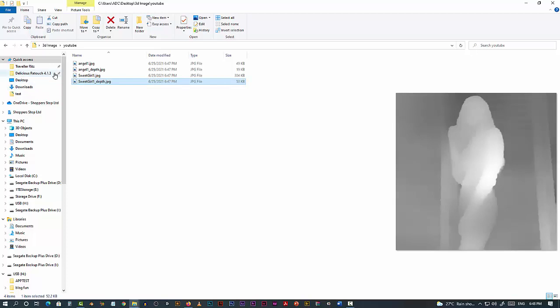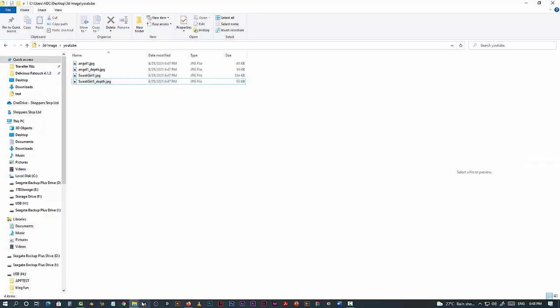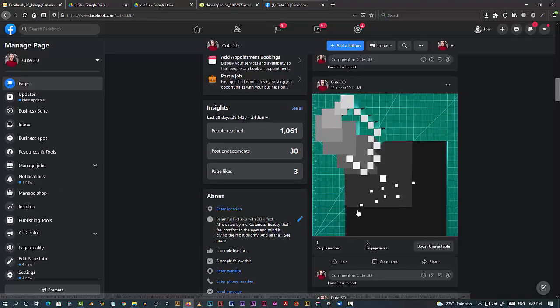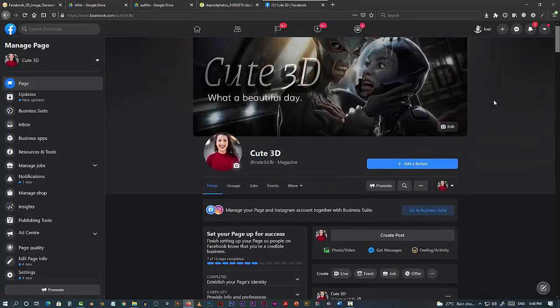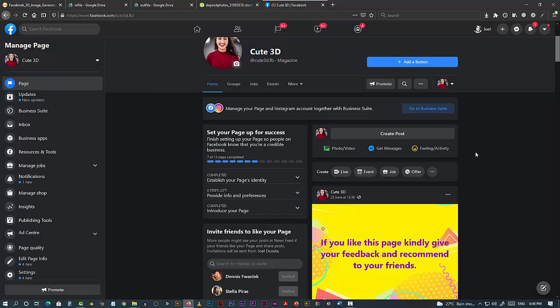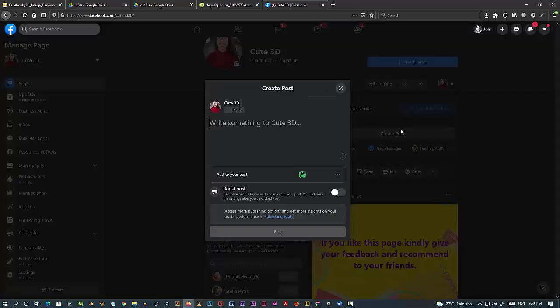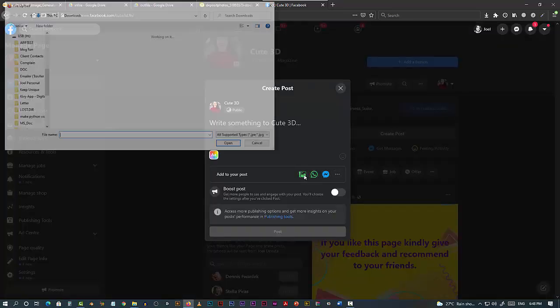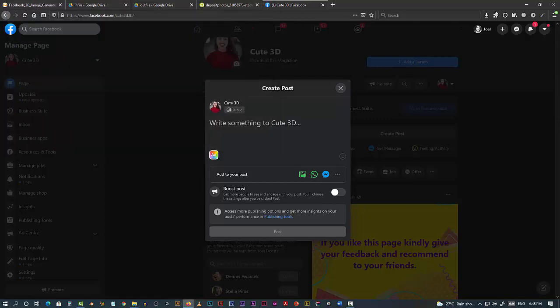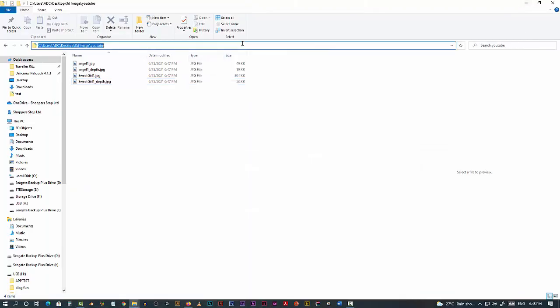That's it. Okay, so I'm going to test it out on Facebook. Let me open it. So this is my page that I have created just to see how it works and how it looks. Wait, where's the folder?